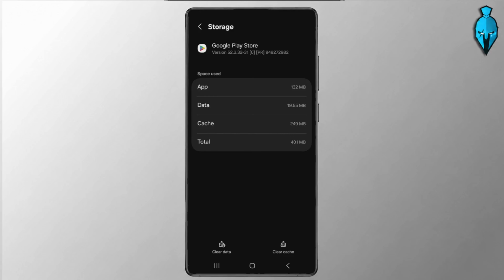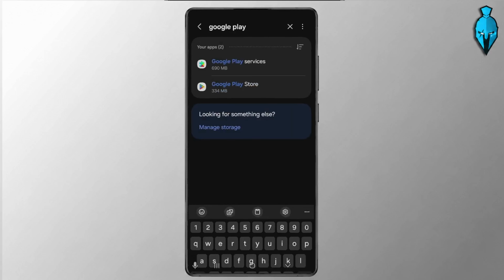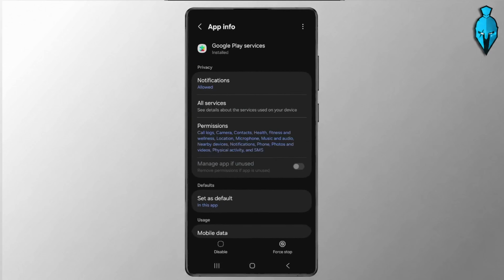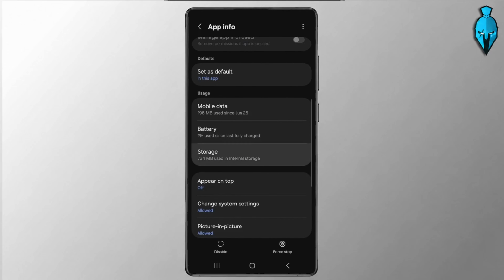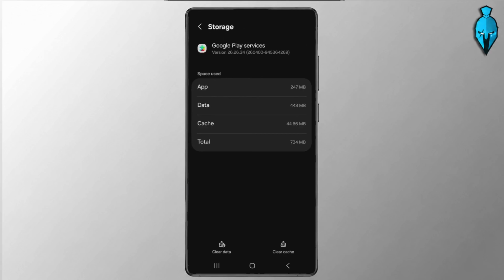From here, go ahead and return back to the app list, and now select Google Play Services and do the exact same thing. So select Storage and then hit Clear Cache down in the bottom right again. And once you've cleared the cache for both apps, we open up the Google Play Store and check if it